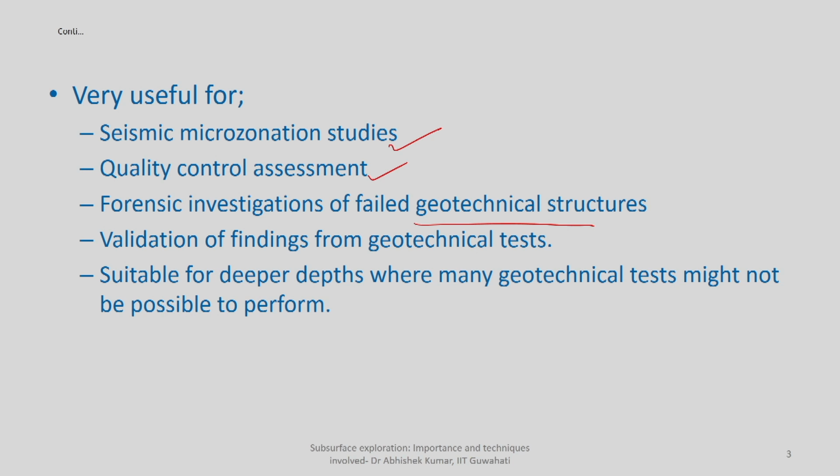The next one is validation of the findings. At times, whatever geotechnical investigation you are doing, you can also validate it. If a particular geotechnical investigation has a limitation with respect to depth, you can go for geophysical investigation for deeper depth. That way you will be able to develop some correlation between some measure of the geophysical test and some measure of the geotechnical test, and that is how you will be able to determine the outcomes of the geophysical test at deeper depth, in order to find out the equivalent properties in terms of geotechnical testing. So this is validation as well as interpretation.